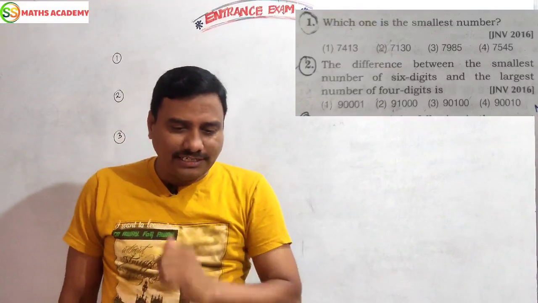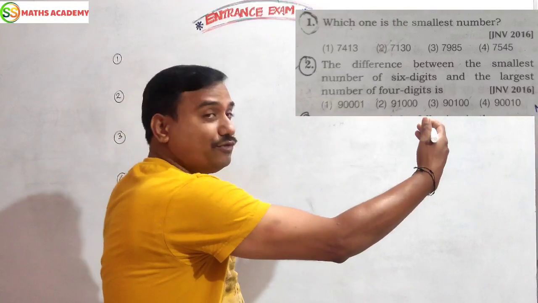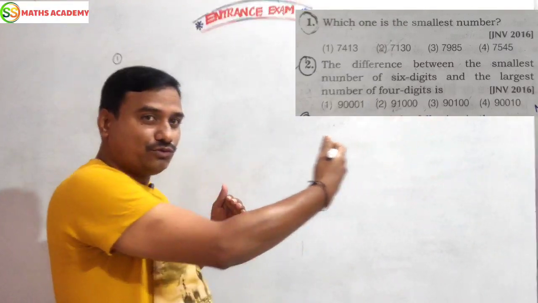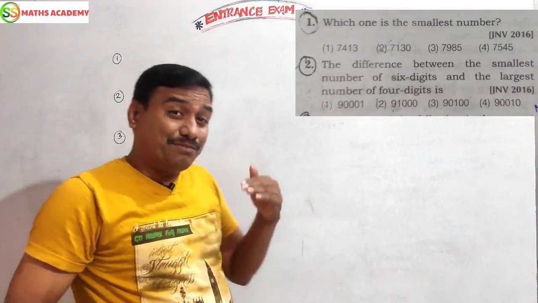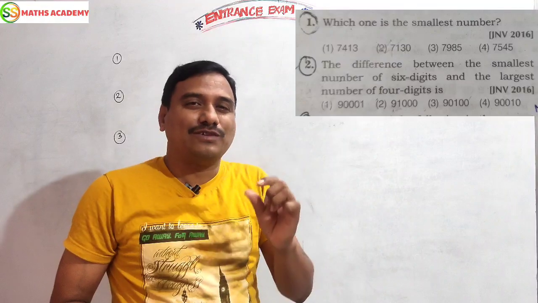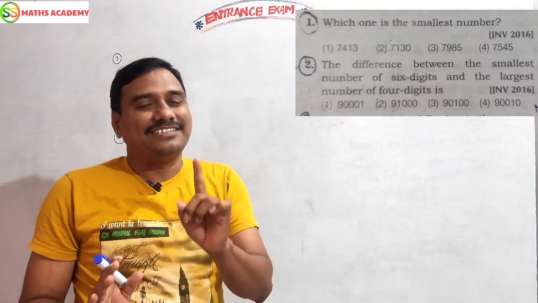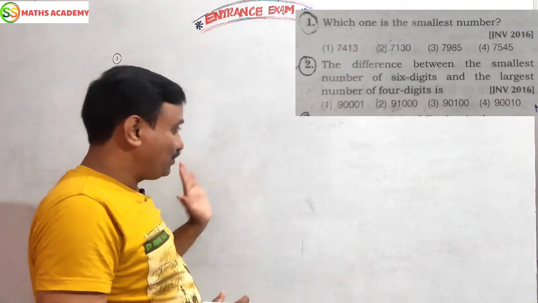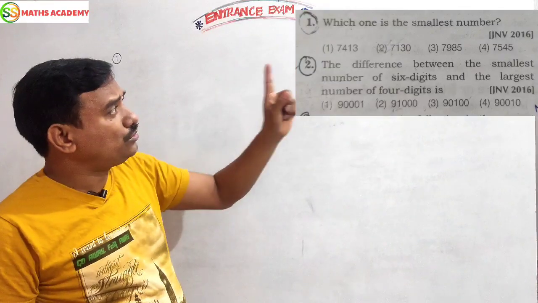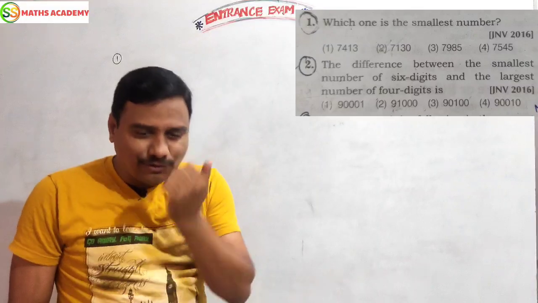In all four options, we have to read the number from the right side of your number and move to the left side. Ones, tens, hundreds, thousands, like that we should count. But in cases like which is the smallest one and which is the biggest one, we can follow one technique: you should go from left to right. In the four options, 7, 7, 7, 7, all are 7 only.